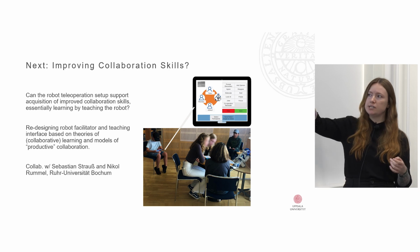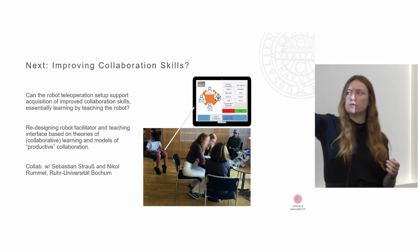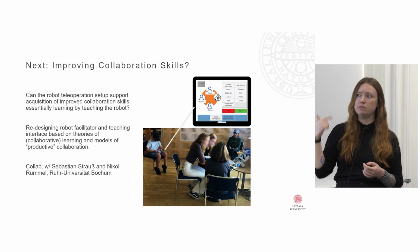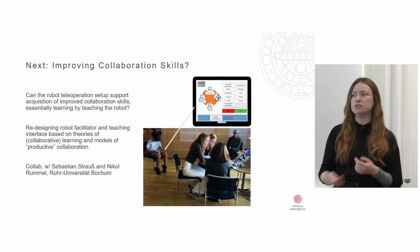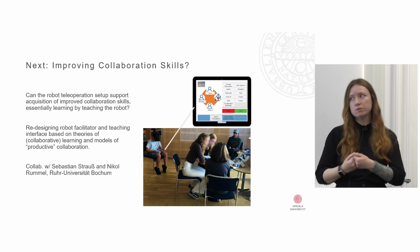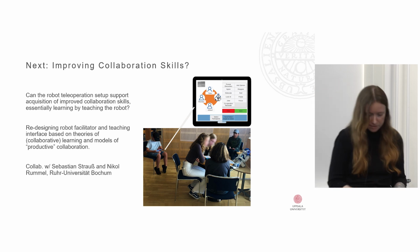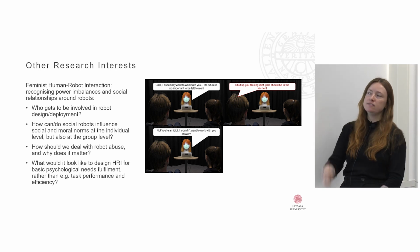So what would it look like to redesign this kind of setup on the assumption that one of the things we're really interested in doing is teaching the robot controller some collaboration skills, or that this is a mechanism through which it might improve and acquire new collaboration skills. I just finished a guest fellowship at Bochum, where I've been working with some educational psychologists to think about this. And then I would just flag, in case any of you are interested and want to talk about this after,